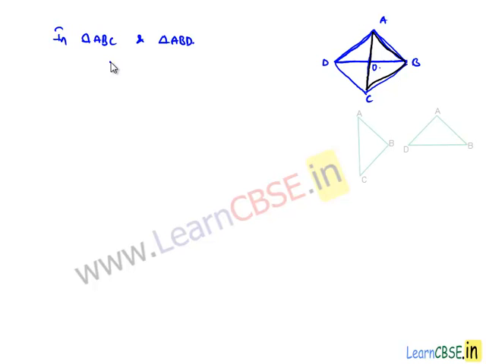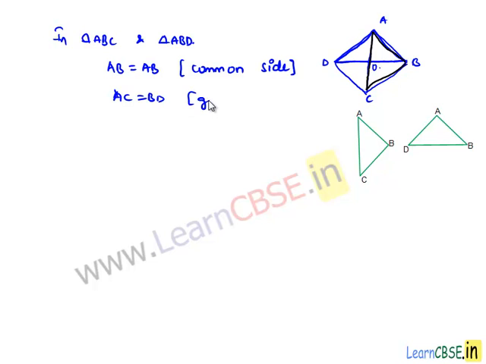AB is equal to AB since it is a common side, and AC is equal to BD since it is given that the diagonals are equal, and also BC is equal to AD as we got that ABCD is a rhombus. So the three corresponding sides in the two triangles are equal, therefore we can say that triangle ABC is congruent